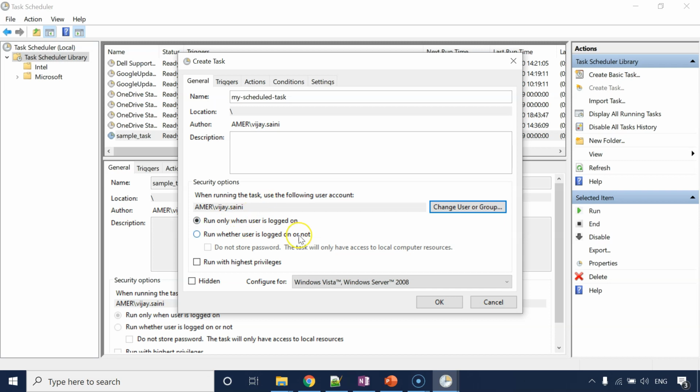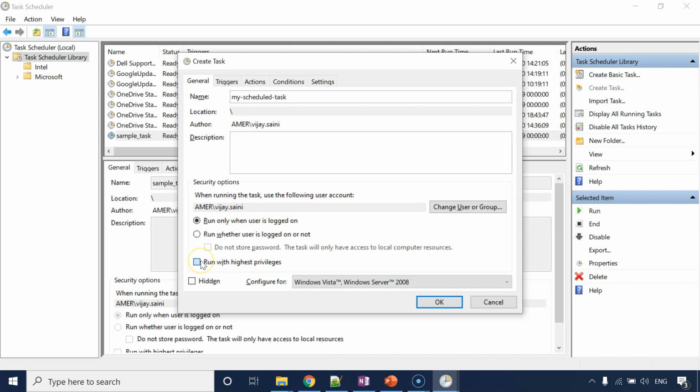Okay. Then you can see two options over here. First is Run only when user is logged on. And second is Run whether user is logged on or not. So we can do it anyways. Whichever way we like, we can choose. Which option among these two you should choose depends on the nature of the program you want to launch using this scheduled task, right?